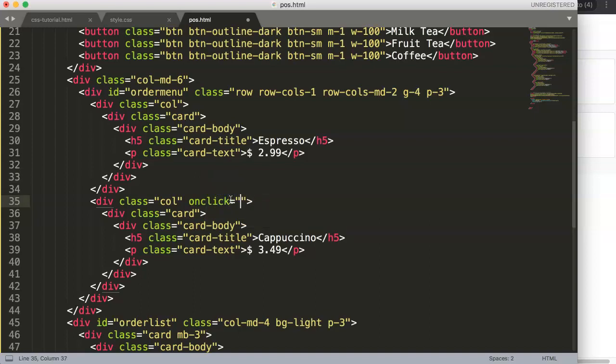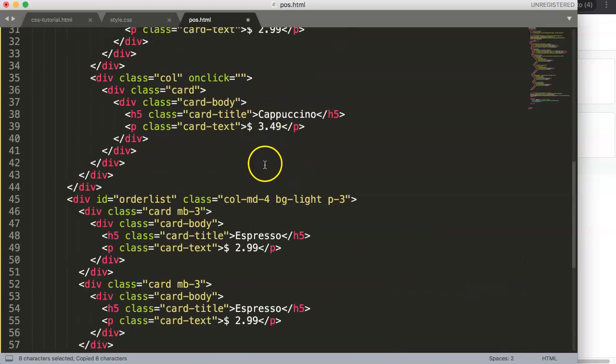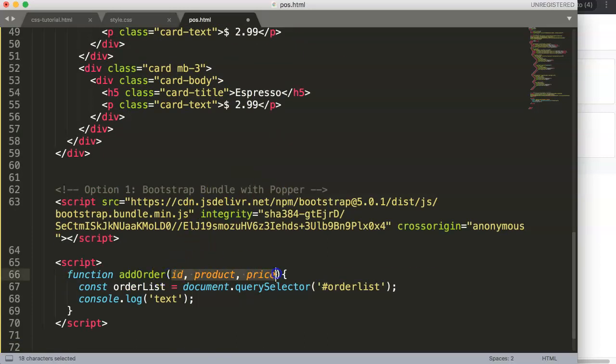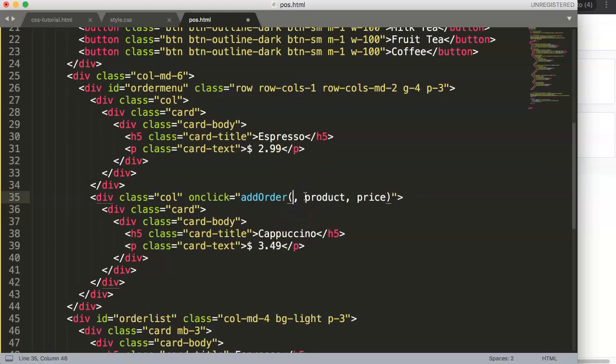So we say here on click, and when we have on click here, we will trigger the following: the add order function. On click add order function, and then in here we will say the following values. So we have these values here, and these values are basically, this is a number, so we can say a number 1, and of course this will be echoed out if you have PHP, or with JavaScript you use JSON, etc, etc. Then next here the product will be a string, which is cappuccino, and the price is of course a number,